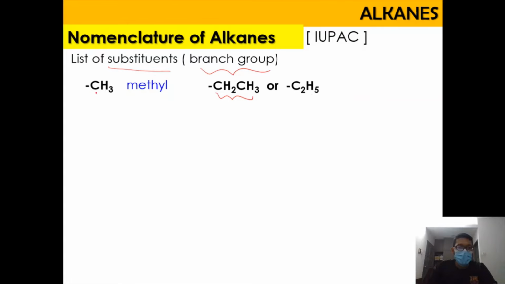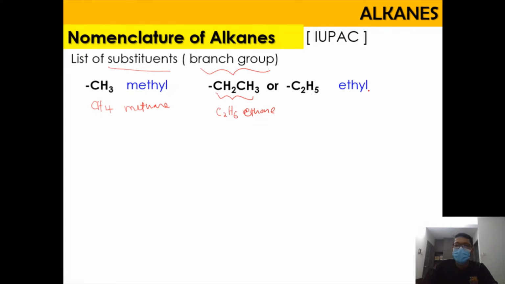So the CH3, just now you have looked into CH4, which is methane. Methane is the parent group, but when it is acting as a branch, it will be named as methyl. Meanwhile here, which is CH2CH3, in the previous slide, the parent name, C2H6, refers to ethane. But when it is acting as a substituent of the branch group, it will be named